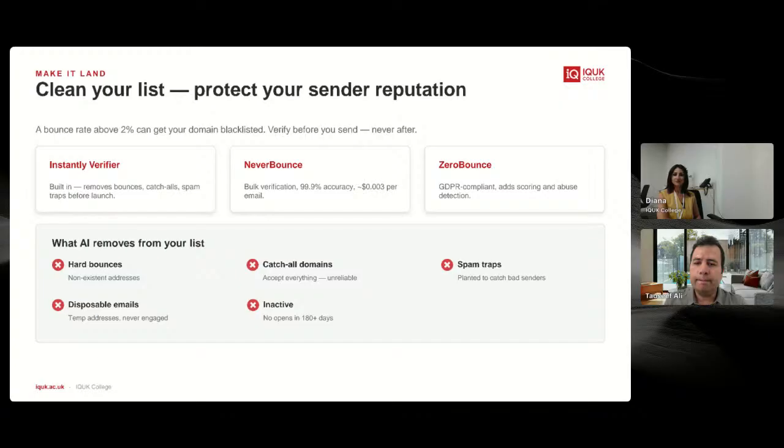And you can use some software programs to test if the emails that you are sending to are valid emails or not. Most of them are very, very cheap. Like 1,000 leads will cost you $2 to $3 to test whether all of those email addresses are valid or not.